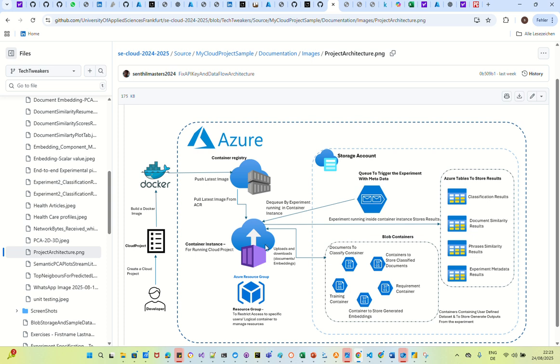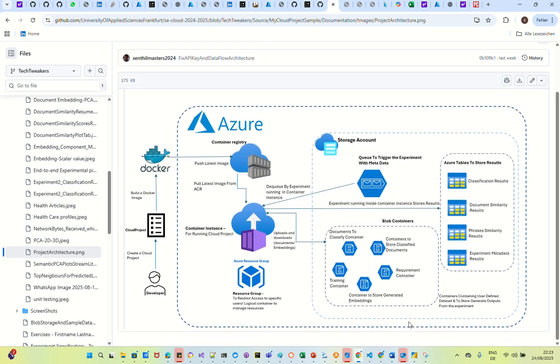Our cloud project runs inside the container instance. It's triggered through a queue, and we are also using cloud storage, like blob containers and a table, for storing the results, and blob containers for having the training data and some input data set, as well as the result embeddings, and to store the classified documents we are also using defined containers. So these are five different containers that we are using: three as an input data set for training, and